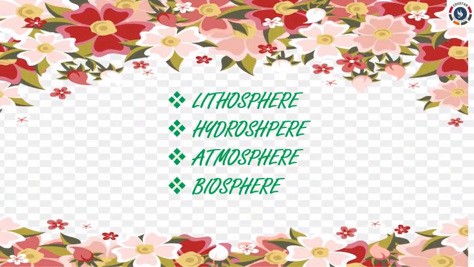In this lesson, we have studied about lithosphere, hydrosphere, atmosphere and biosphere. These are called the components of the earth, also called realms of the earth. Lithosphere. Lithosphere means land. It consists of three layers: crust, mantle and the core. The core is further divided into inner core and the outer core. Crust forms the uppermost layer, mantle is the middle layer and core is the innermost layer of the lithosphere.